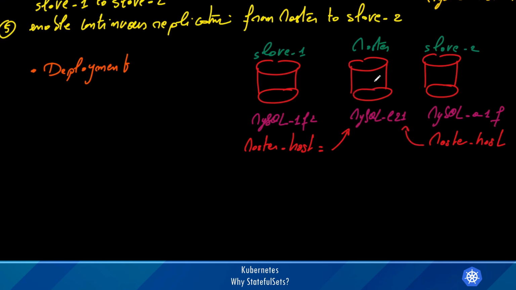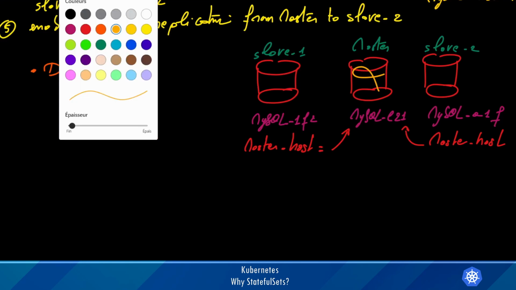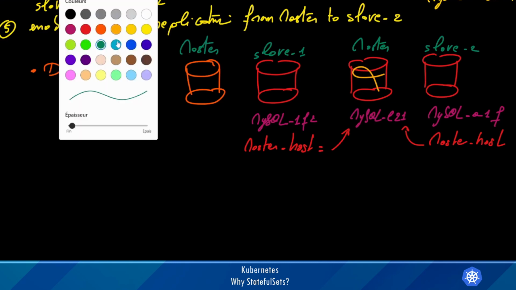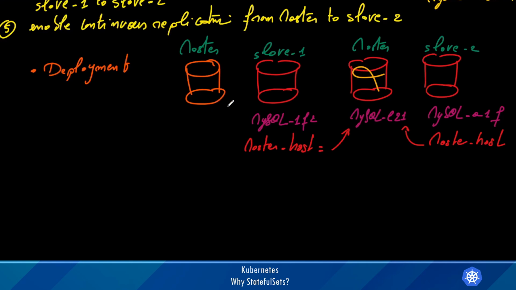But the problem here is that if this pod goes down, the deployment will create a new instance. So this is now the master, and we'll assign to it a random name. So here we can have, for example, MySQL